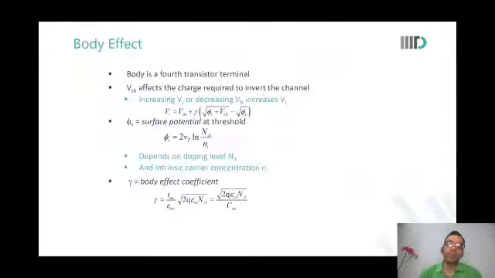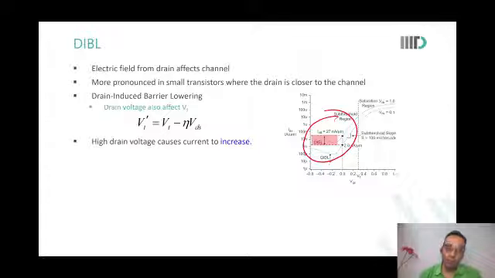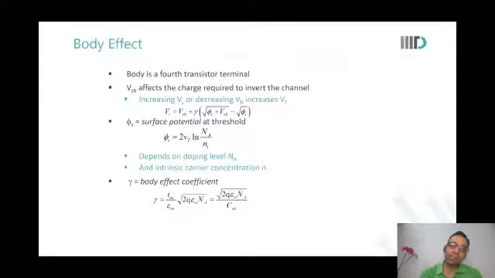Okay. So that was DIBL. Then there is another effect which is called the body effect, where we say that as you change the voltage of the body, you will see that the VT would change. And as VT changes, you will also observe that leakage would change. Okay. So when we apply any body bias, there is an expected impact on leakage.